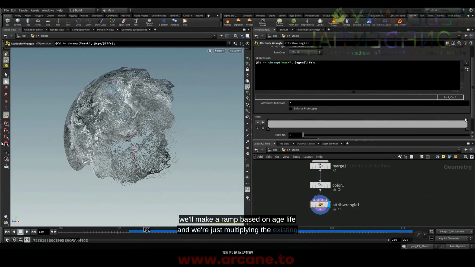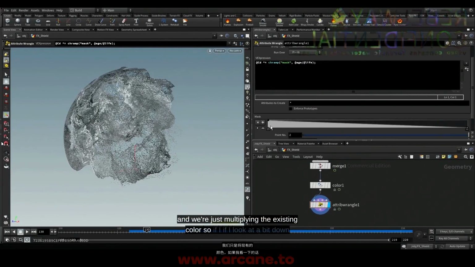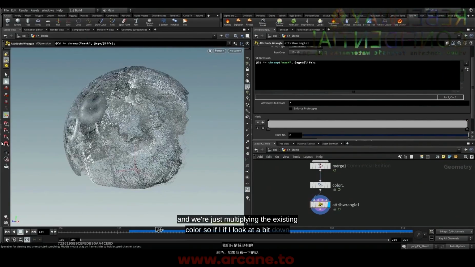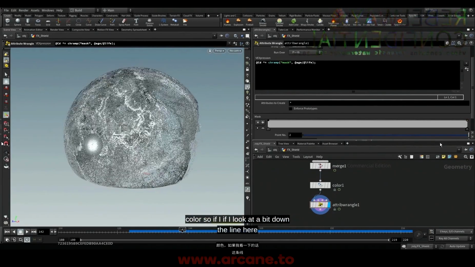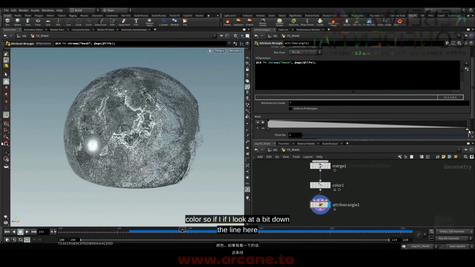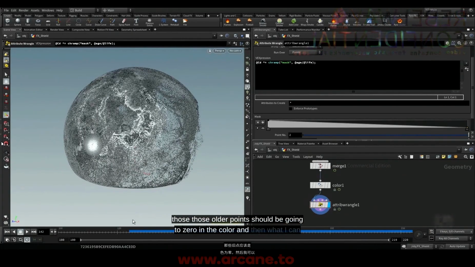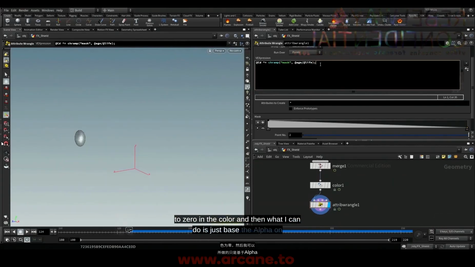And we're just multiplying the existing color. So if I look a bit down the line here, those older points should be going to 0 in the color. And then what I can do is just base the alpha